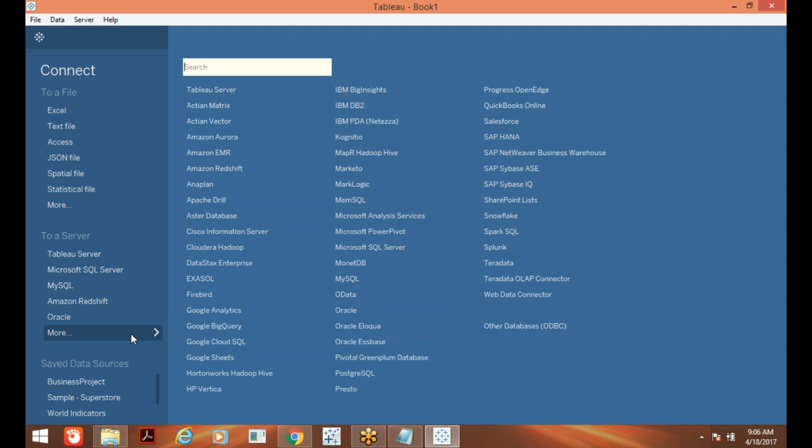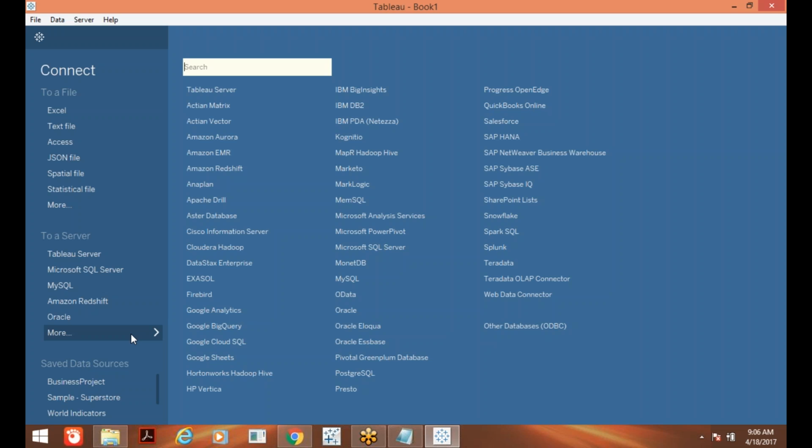So this is all about how to download your Tableau software. And the first and foremost concept of Tableau Desktop is connections. So how to connect? From here you can connect. But what is the way to connect? How to connect with a file? How to connect with a server? How to connect with different types of data sources? That is one concept. And how to connect with one data source in different ways?